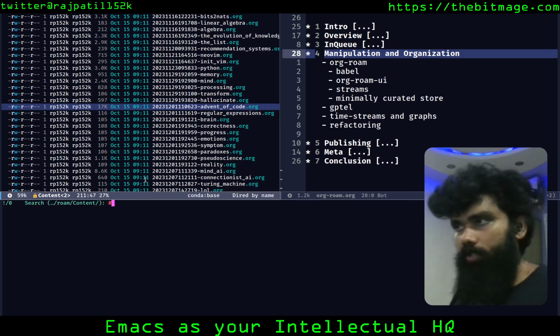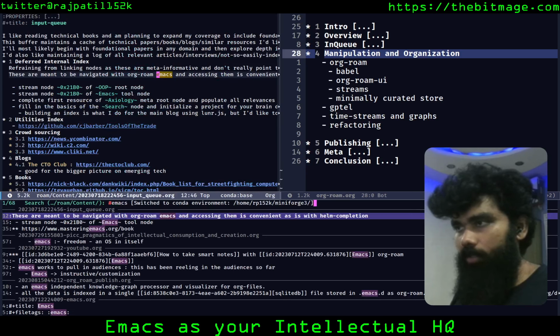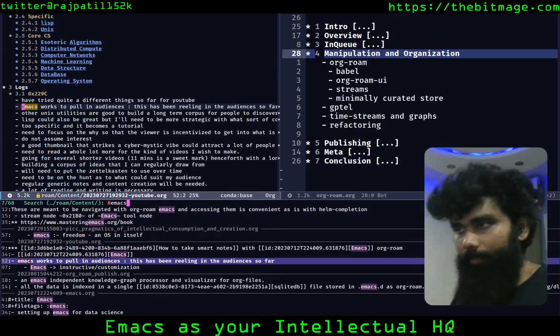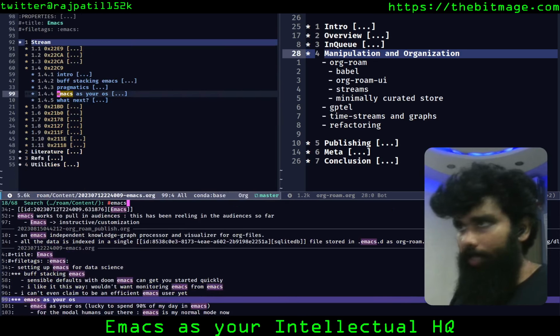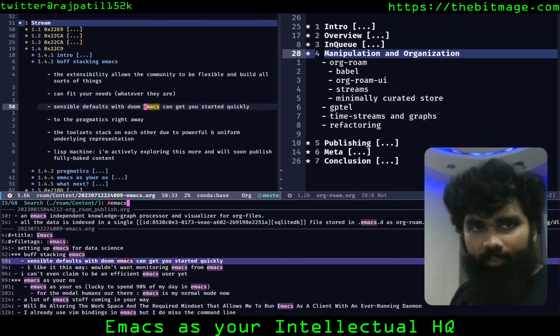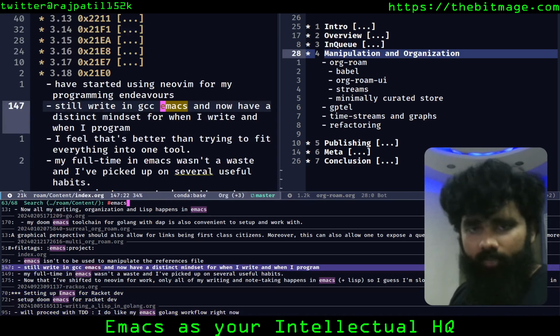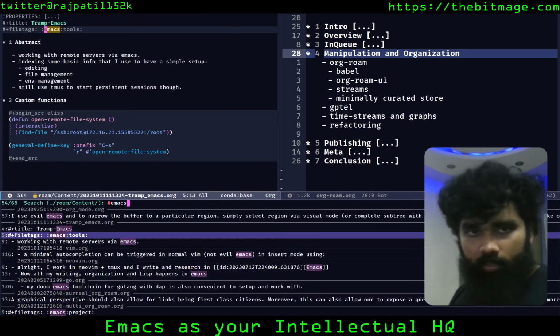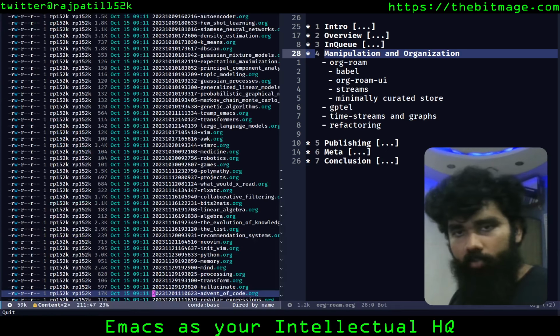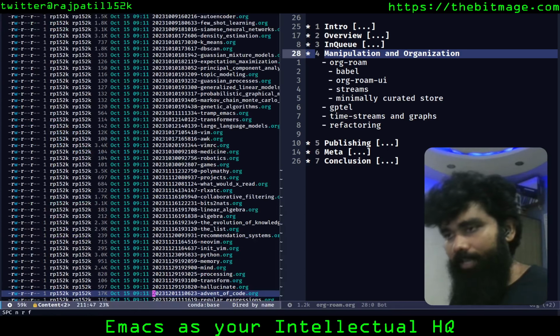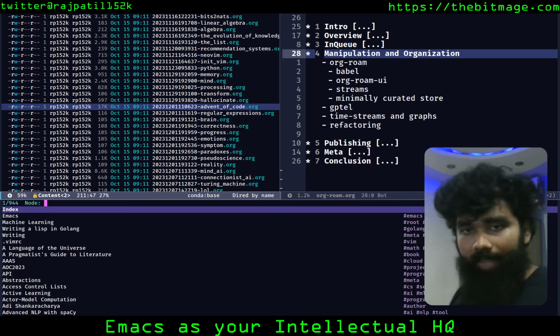So it's going to give me a fuzzy finder into everything that I want. If I type Emacs, it's going to show me all the places that I've talked about Emacs. I can scroll through the notes anywhere. It's taking me through all the different notes that I've placed Emacs in. That is one way of finding things. If you just hit space in RFN itself, you could also do a tag search.